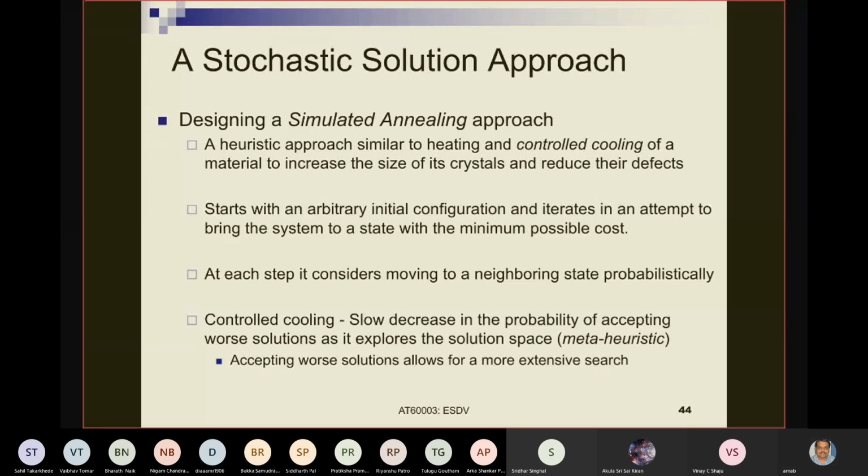So the neighboring solution could be one where just one variable or one task is different. Correct. Where just one task is different, right? So if a solution means a certain set of tasks in software and the remaining set of tasks in hardware, you take any task and move to the other side. So one task becomes different with respect to the previous solution, and therefore this is a neighboring solution.